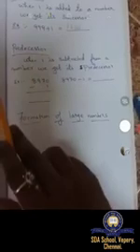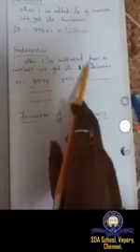What is meant by predecessor? Predecessor means we are moving one step back. We are moving one step back means in number we are going to subtract one number from any number. When one is subtracted from a number, we get its predecessor. So here I have taken an example: 8970 minus 1. Predecessor means we have to subtract one number. 8970 minus 1 means what? 8969 is the answer. If we subtract one number, it is said to be a predecessor. If we add one number, it is said to be a successor.